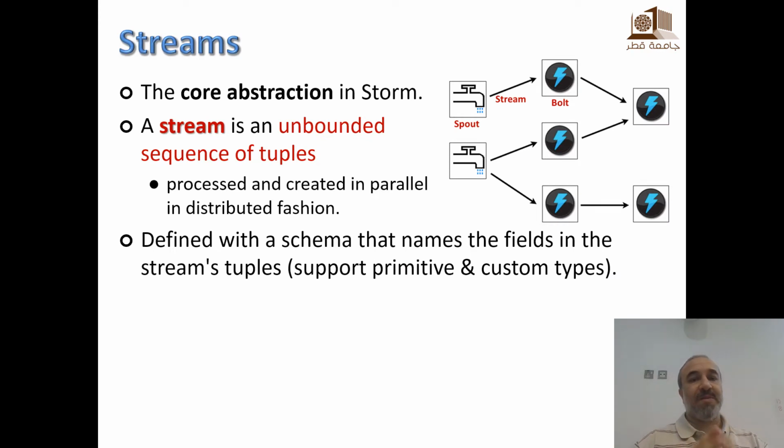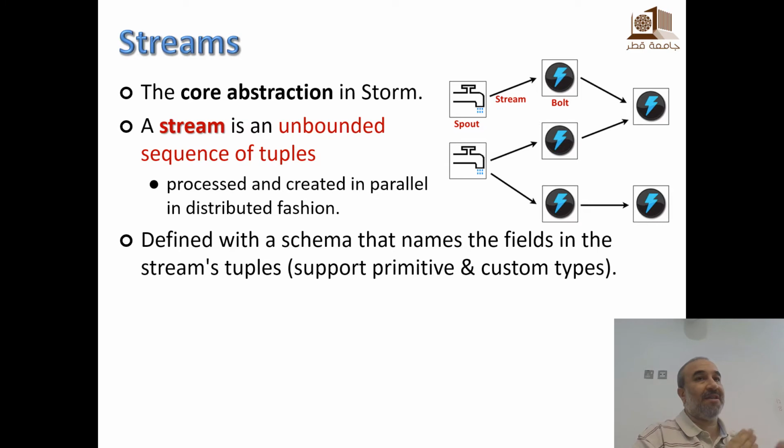This is the core abstraction in Storm, of course, and as we saw in Spark Streaming, a stream is defined as an unbounded sequence, but here of tuples. Okay, so that's the general definition of a stream, and it is defined as it is in Storm.